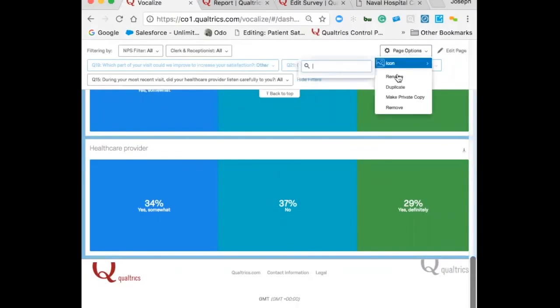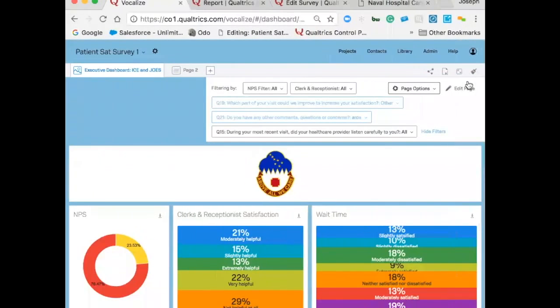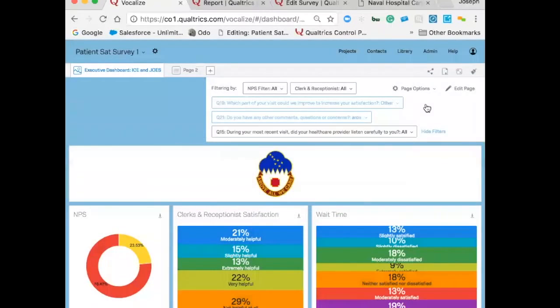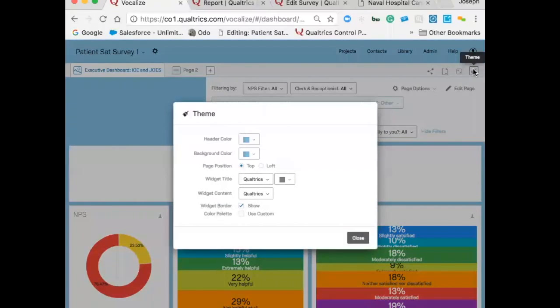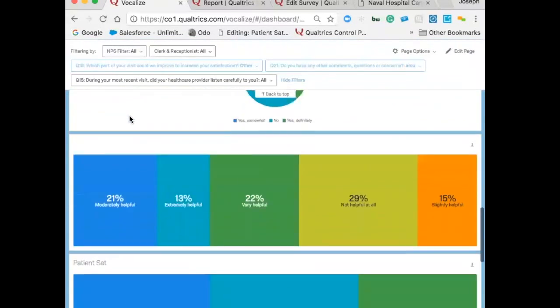Now from the page option, you also have the ability to rename, duplicate, or even make it a private copy. As I mentioned before, you have the permissions settings so that you can distribute it or have only the appropriate people viewing the dashboard. You have the share option up here on how you like to distribute it through email, how you like to export it. It even turns into a kiosk mode, and then you can change the theme as well. So you can change this around so that it is standardized based upon your facilities,